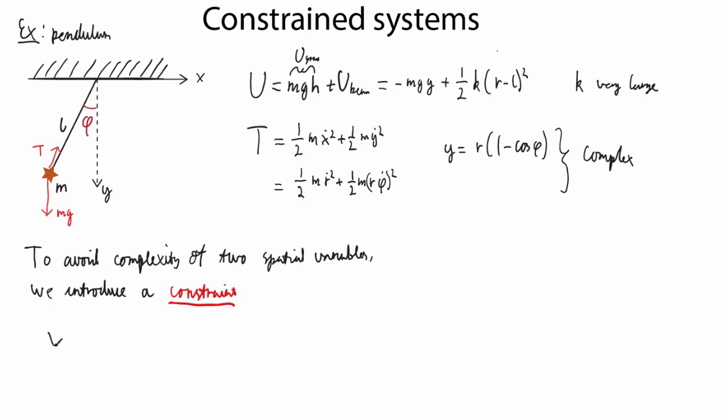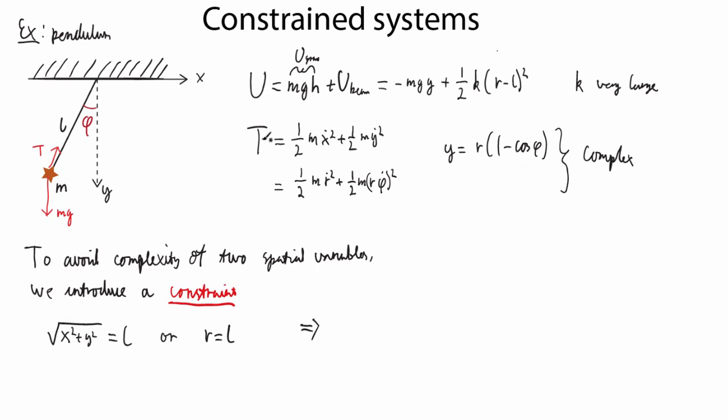The constraint will just be that x squared plus y squared equals L squared, taking the origin to be here, the point where the pendulum is attached to the ceiling. Or in polar coordinates, we can just write that R equals L. Okay? So this leads to a change in our